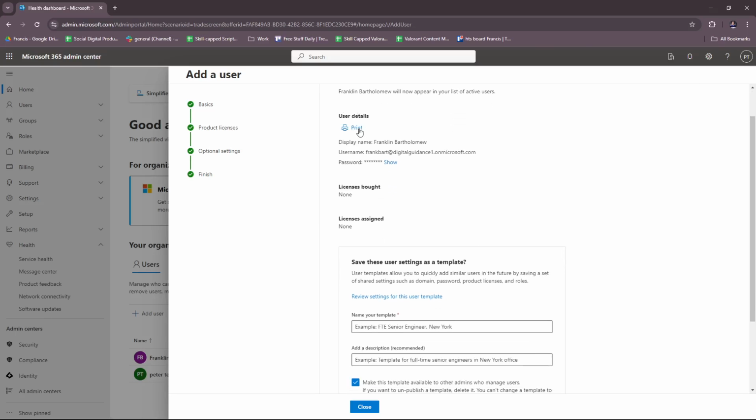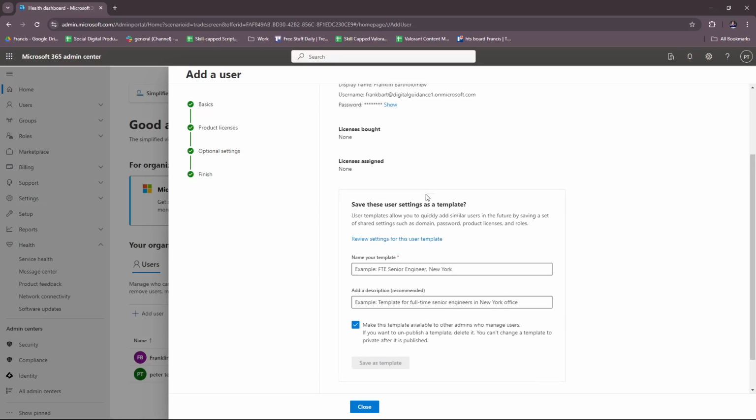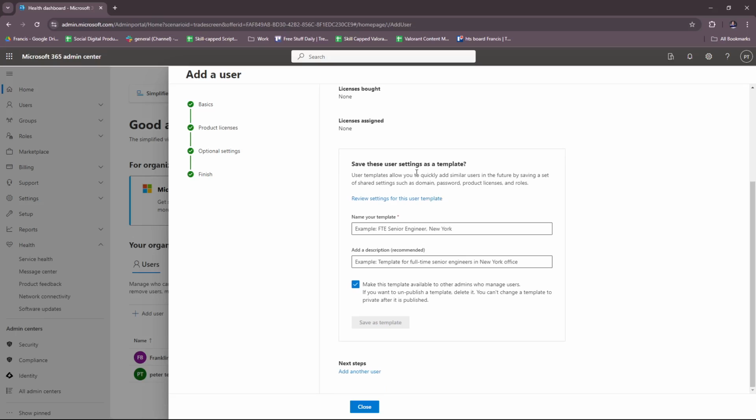Just going to let this load up, and here, as you can see, this user has been added to active users. You can also print the user details. It shows the info on licenses bought and licenses assigned. You can also save these user settings as a template. User templates allow you to quickly add similar users in the future by saving a set of shared settings